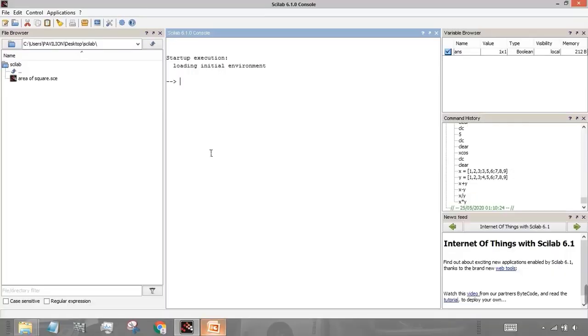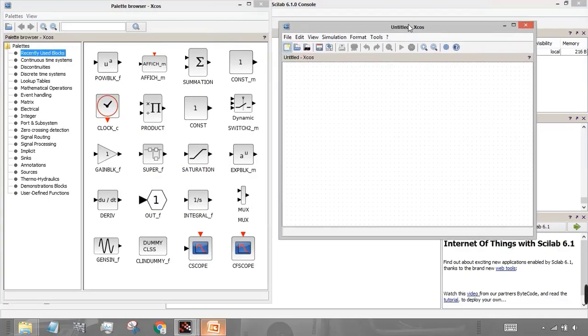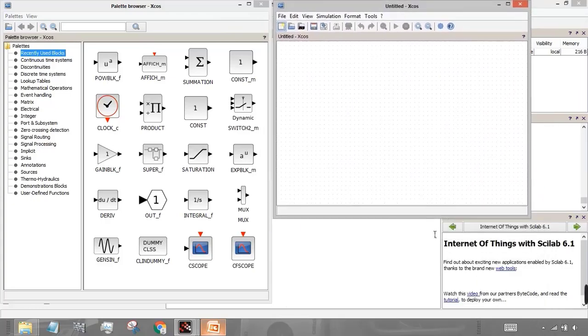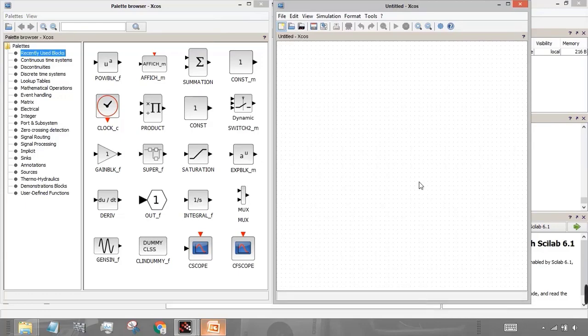Again we will be using XCOS. So again go to application and select XCOS. It will launch the XCOS screen. So again rearrange the screen. Then I'll just write the formula for aerodynamic force. Just double click on the screen. It will show you this text option, and then just double click on this text to edit it.